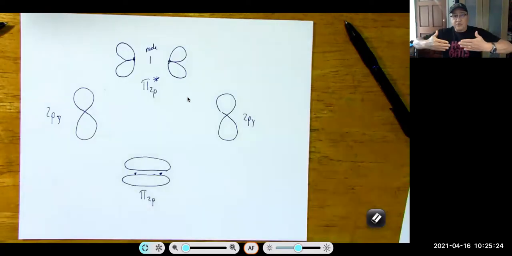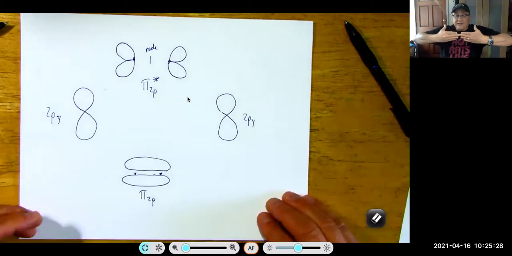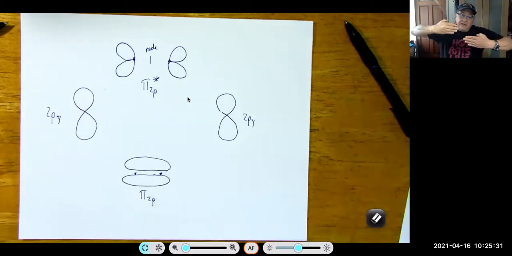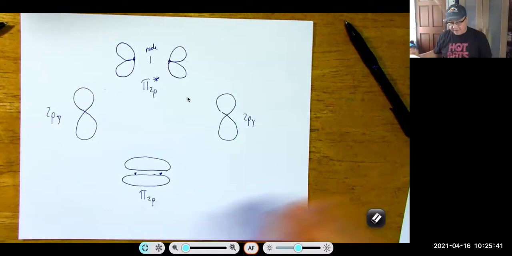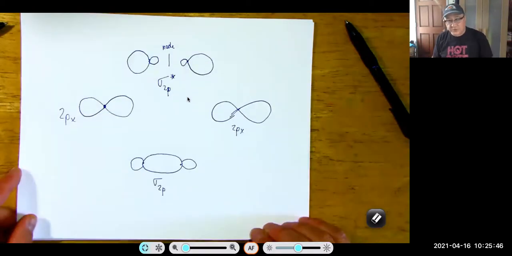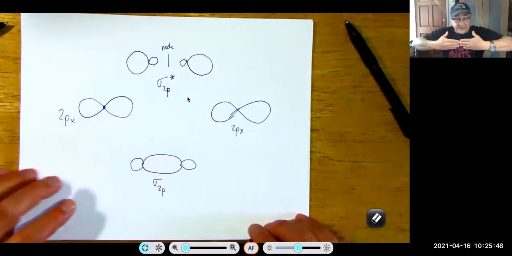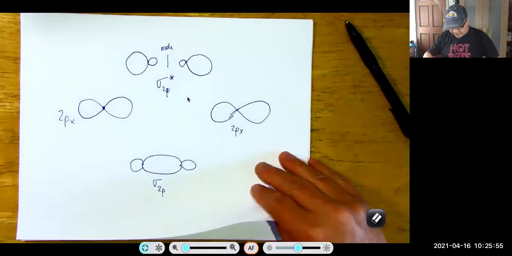So there's 2 types of bonding, in valence bond even. There's the head to head, like you could have an SP with an SP3 head to head, that's a sigma bond. But whenever you had a pi bond, it was 2 things coming side to side. And here it's the same thing, but it just so happens that the 2px's, when they come together, do a head to head, not a side to side. Okay. So if we take a look at that in the grand scheme of things,